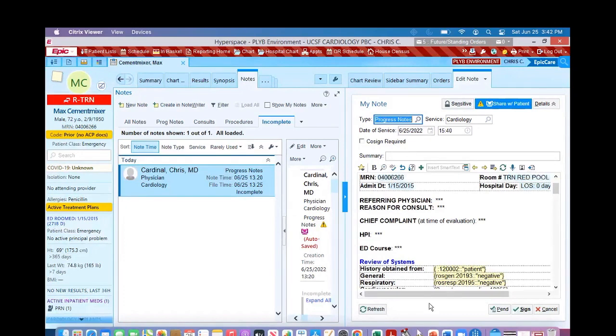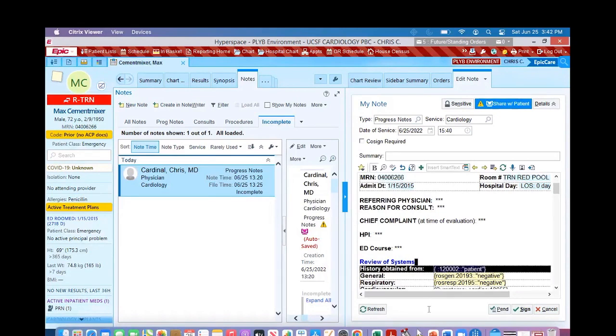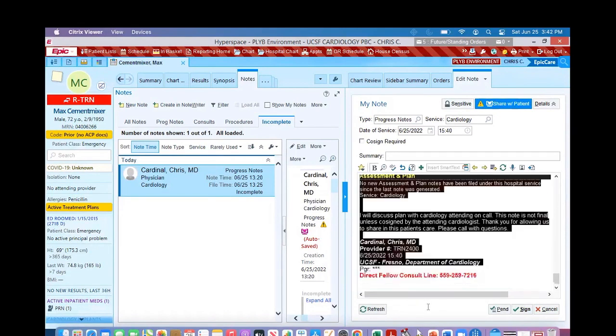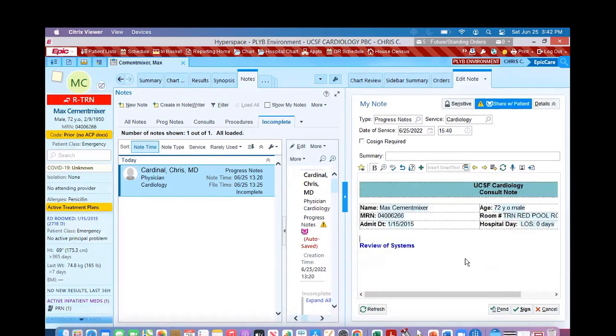But after your first progress note, if you sign it, for example, let's see, it's going to delete everything. So if you sign this note,